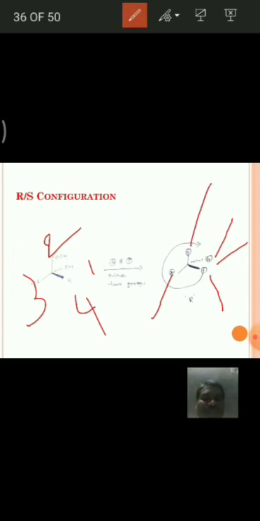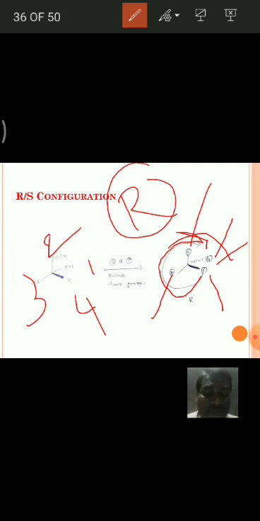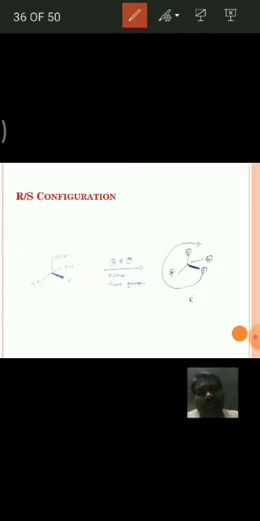Again 4 is attached with hatched wedge, so try to connect 1, 2, 3 via 2, it is like this, that is it is like clockwise. Hence this molecule is configured as R. Very simple. If the least priority group is not attached with hatched wedge bond, then exchange the groups, so that two pairs are exchanged and the least priority group goes to hatched wedge bond. Then again same formula, 1, 2, 3 via 2. I think it is clear for you.